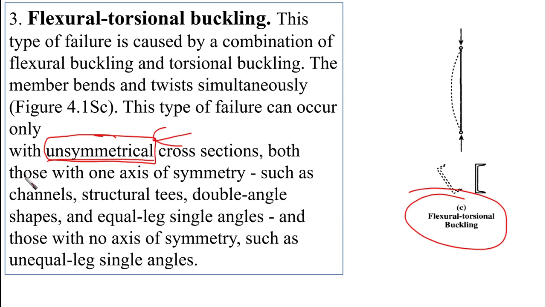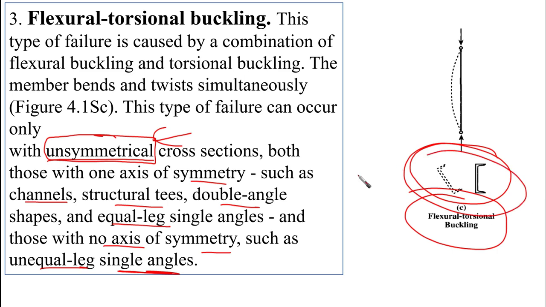Both those with one axis of symmetry, such as channels, structural tees, double angle shapes, and equal leg single angles, and those with no axis of symmetry, such as unequal leg single angles. So this is the case with unsymmetrical cross sections in general, which is also not the common case